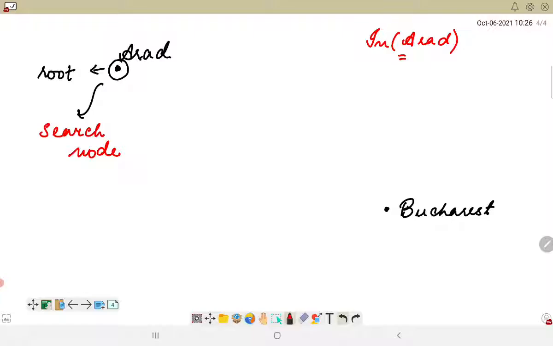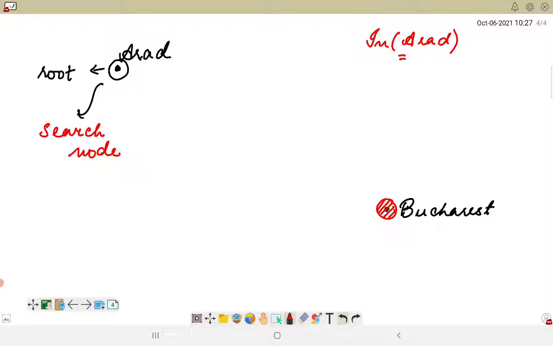The first step is to test whether this particular state is a goal state or not. So in Arad, is this a goal state? No, this is not a goal state. Our goal state is somewhere here, which is Bucharest, and it is important to check so that we can solve tricky problems like starting in Arad and getting to Arad.